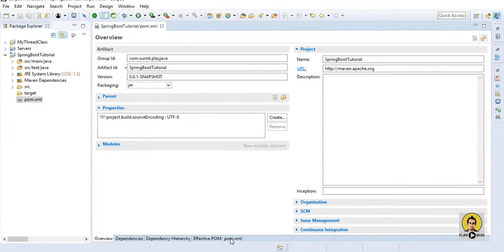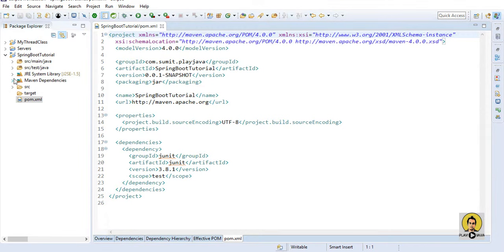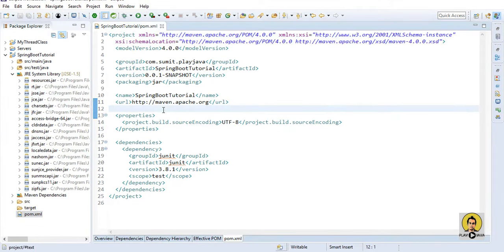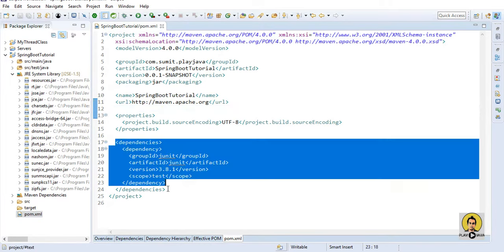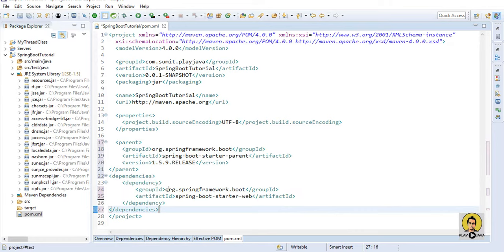and paste the dependency which we have copied into the pom.xml file. Before this, I am showing you the libraries that are here. Now, as you can see, I am removing this JUnit dependency, as we don't want it here. When I paste it here and click on save, see the jars are being downloaded, and it has been downloaded.